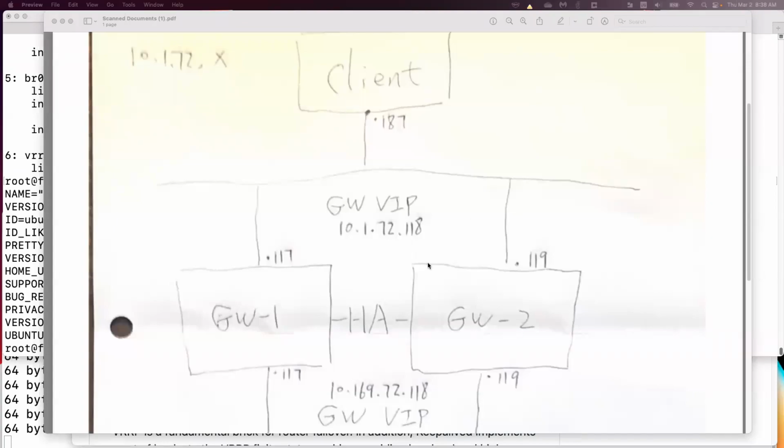Hi, hello. So today I wanted to show you a deployment about gateway high availability. I have a simple hand-drawn diagram here. Let's assume the client is your